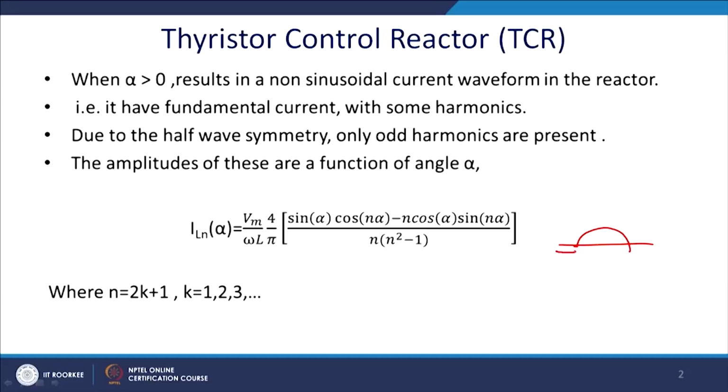the issue of the power quality, because even though when you are changing alpha, essentially you will have a displacement power factor. So, this is alpha. When alpha is more than 0, the current waveform of the reactor is non-sinusoidal, and we can do the Fourier series analysis. The fundamental current will be contaminated with the presence of the harmonics,